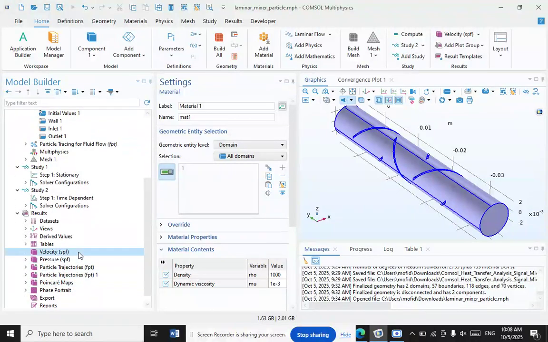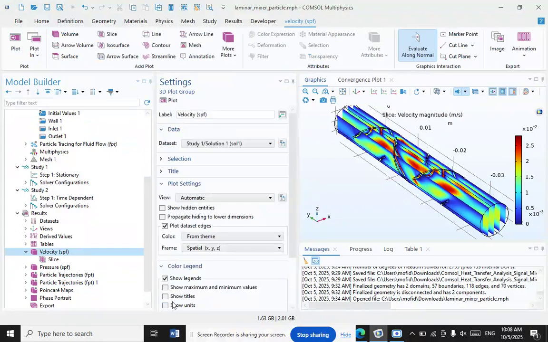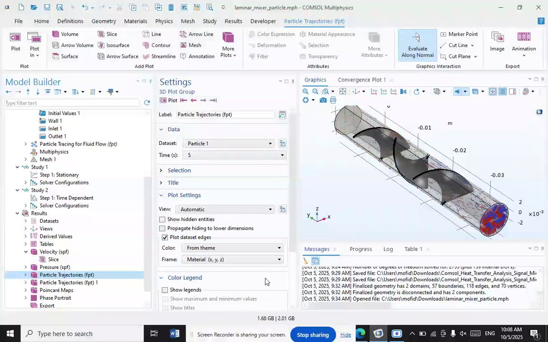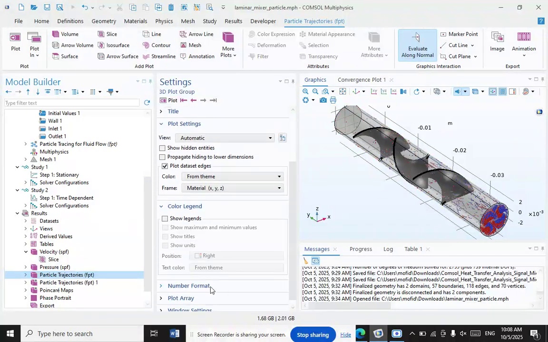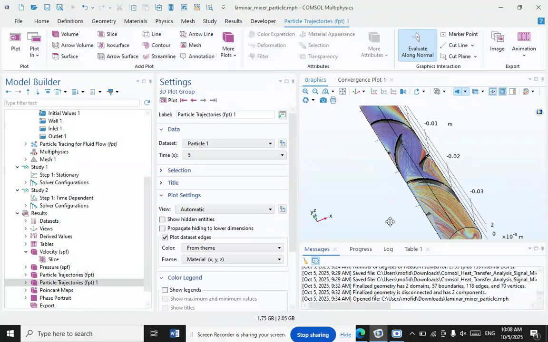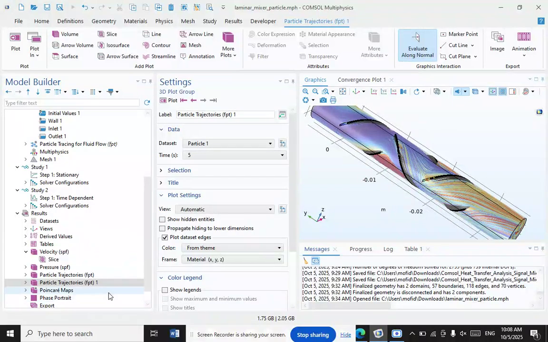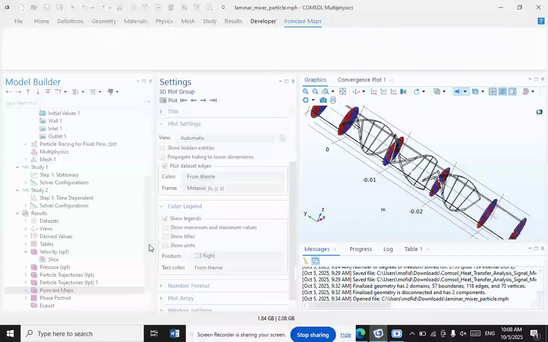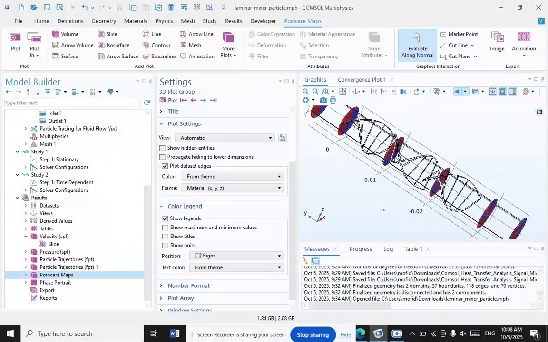And now you can see the velocity of this particle, and the unit is meters per second, and the pressure, particle trajectories. You can see the direction of the particle here, and also with this FPT, there is a map of these trajectories